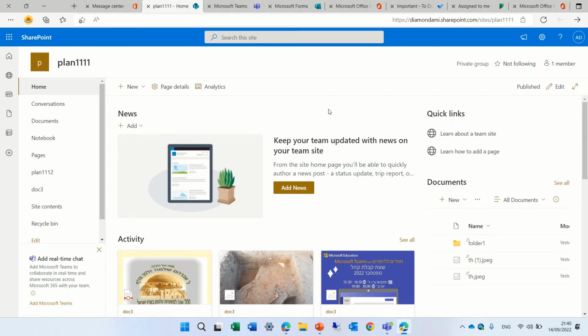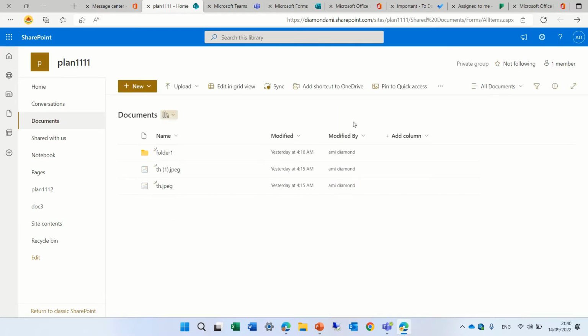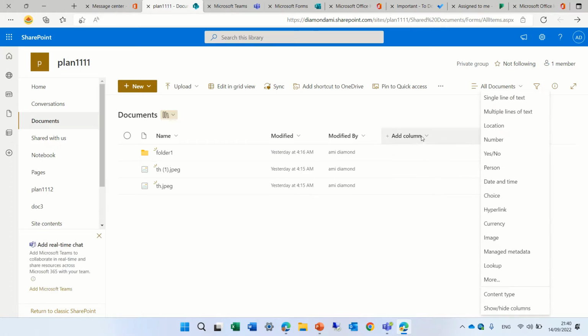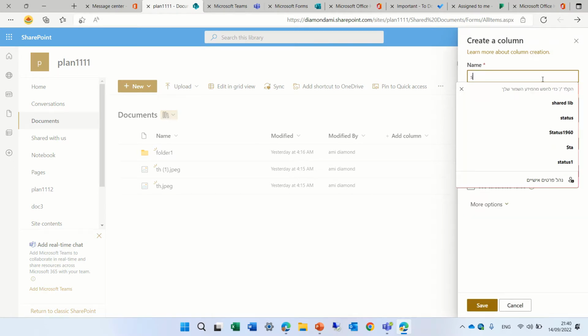In this episode, I'd like to explain something basic. Some of you might know about it, but others, maybe newcomers, never came across it or didn't know how to solve it. So we go to a document library in a Teams, in a team site, and actually, let's say we create, or somebody created, let's say, a single line of text, and let's say they called it